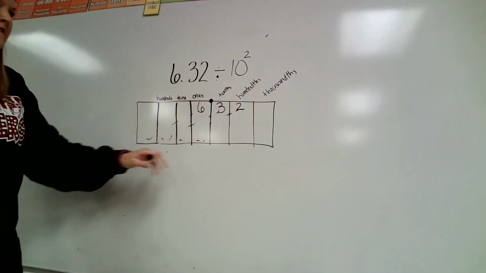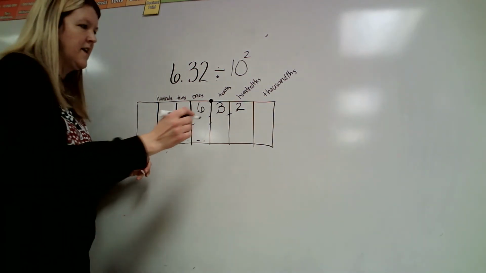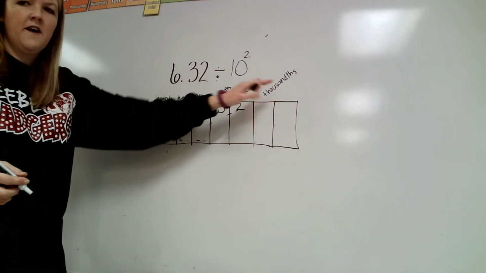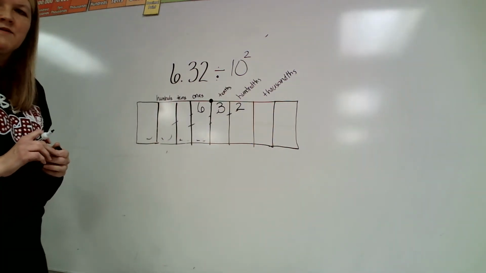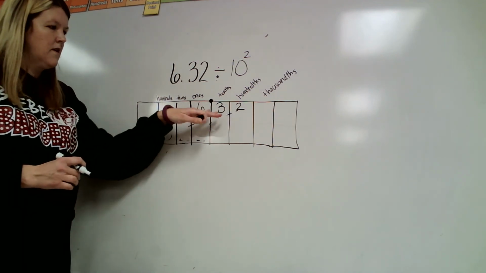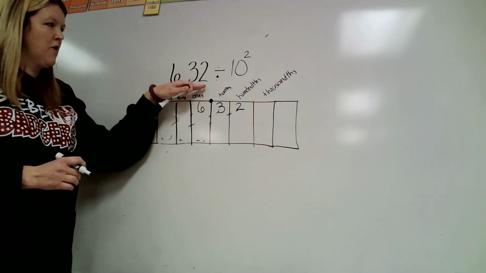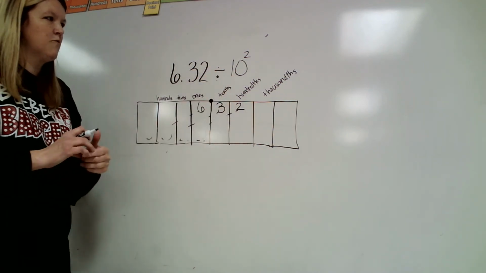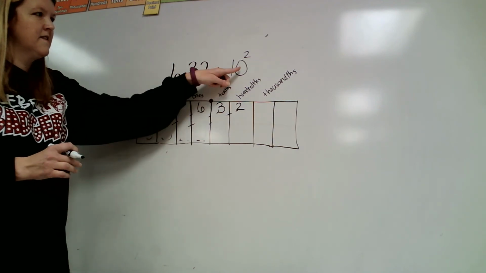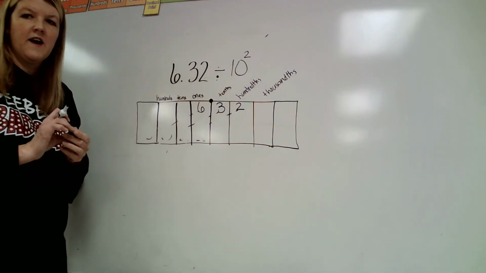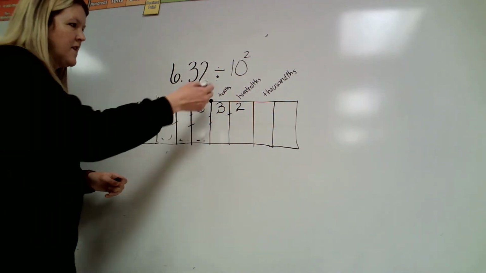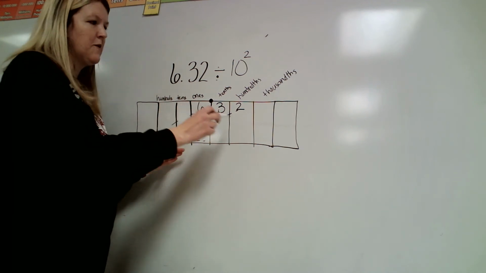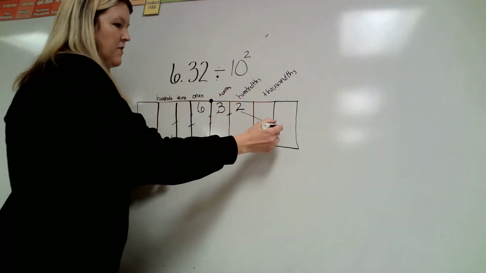So if we're dividing by 10 to the second power, I'm going to go ahead and extend my place value chart. And I know next it would be 10 thousandths. So what I've got here, since I'm starting out with the division problem now, instead of moving to the left, I move to the right, making it 1/10 each place value. So this is divided by 10 to the second power, so it's like dividing by 100. So we have 2 zeros, so we move it 2 places. So I'm going to start at the back this time, and then everything will just follow in behind it. So I move it over 2 places,